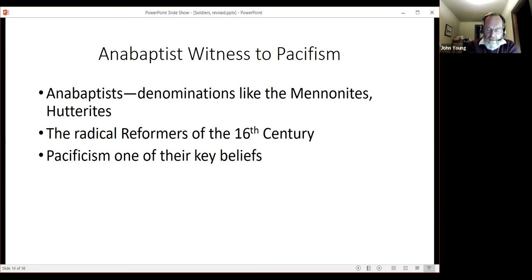And it is the sense that those stances, particularly their unwillingness to serve in the military, make them a threat to the society. And they're questioning really all the major societal beliefs of the day. That's what leads to their persecution. But their witness to pacifism becomes, if you like, the third major Christian response to the office of the soldier